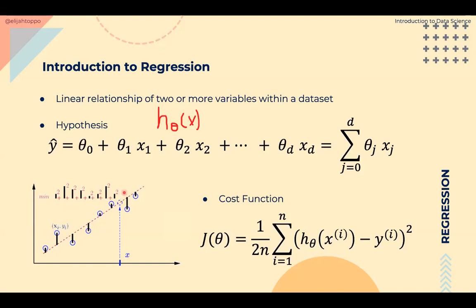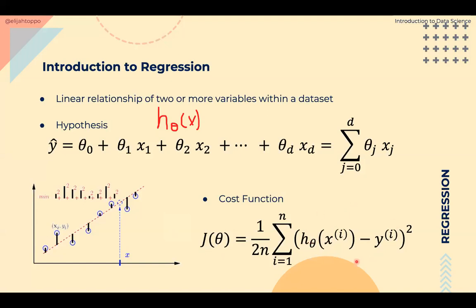Now our hope is that we want to minimize this mean squared error. The more this mean squared error is minimized, the better our line fits the data. Now this mean squared error is also called the cost function. So we evaluate something called a cost function, and this is the formula for the cost function. So let us analyze what this formula is trying to say.